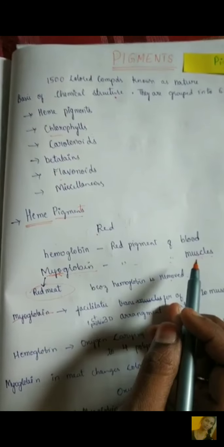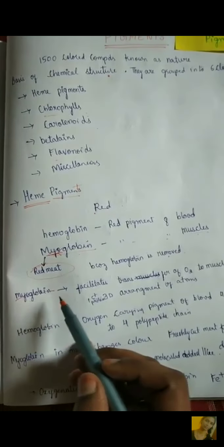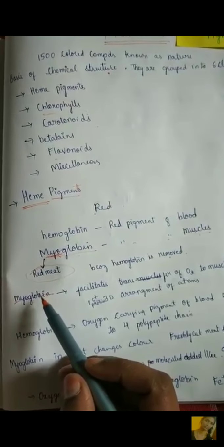So this is very important because the meat which we eat, we remove the blood from it, and that means we are removing the hemoglobin part. But the myoglobin part is remaining intact, and the muscle part is the part which we eat in the meat. So that red color of the meat is due to the myoglobin present in the meat, that is in the red meat, what we call beef meat or sheep, lamb, whatever it is.